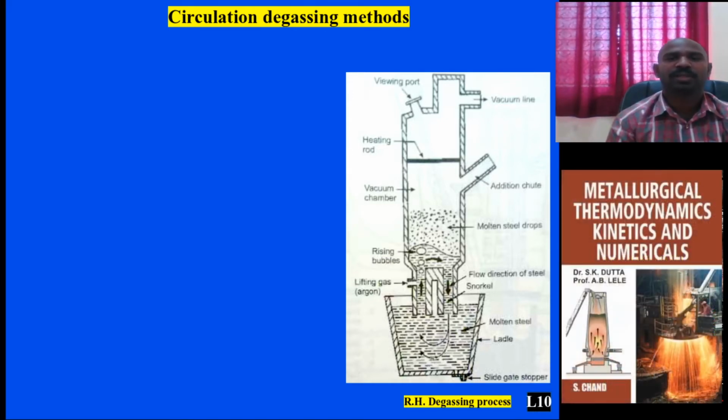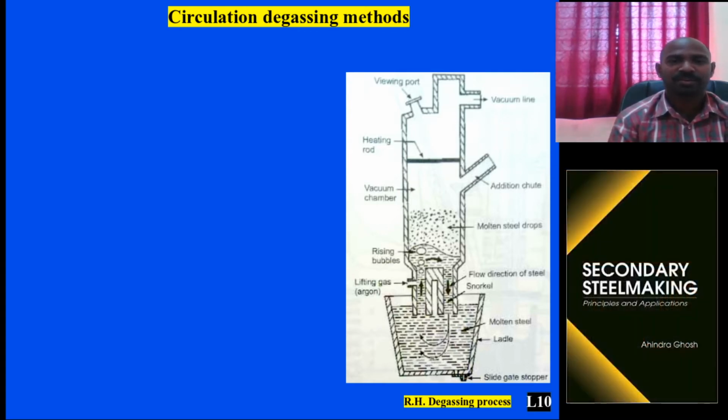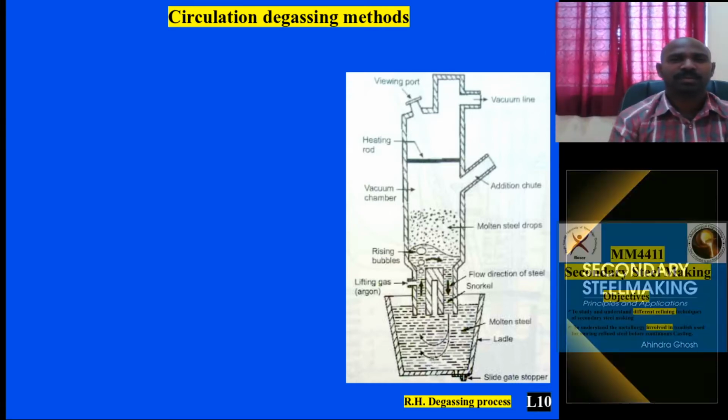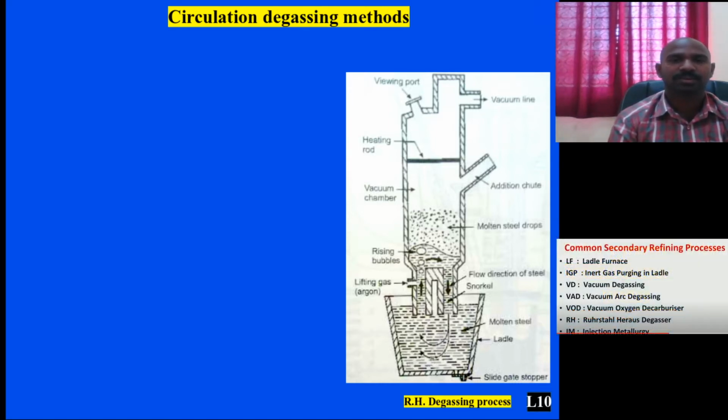And another aspect of nitrogen: nitrogen forms stable carbides. The stable carbides lead to stress corrosion cracking during deformation processes, such as hot working and cold working. So since unstable and stable forms of hydrates and nitrides form, this excess needs to be removed. So how do you do it? The best method chosen is the circulation degassing method.